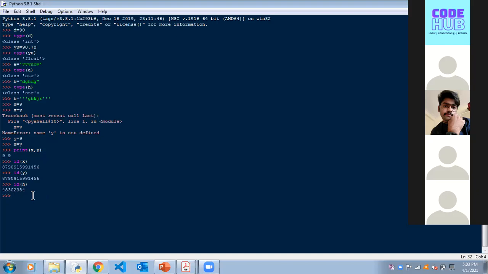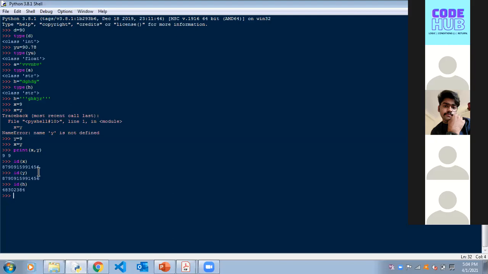See, this is the memory address of H. You understood this? When you're trying to copy this variable into this, it is copying it in the same memory address. It's basically like you and your sister or your brother staying in the same house, but then you both are not the same. That's the different thing over here. When somebody asks you the address, you both point towards the same house. So that's how it works.